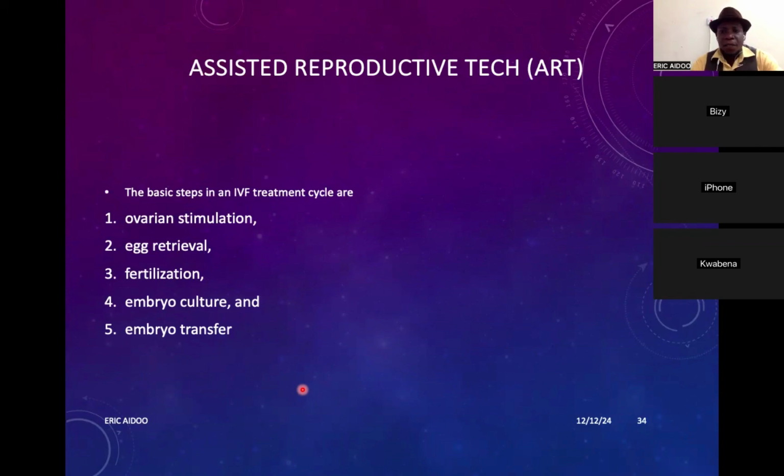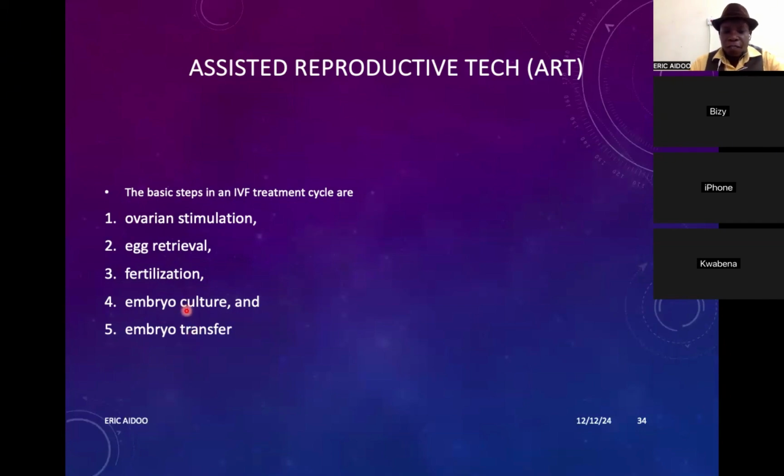Then we look at assisted reproductive technology, also known as ART. The basic steps in the ART, one of the commonest one is the IVF, is that you stimulate the ovaries to produce a lot of oocytes. Then you retrieve the eggs, and then you do fertilization in the lab. Then when the fertilization is successful, you can culture the embryo and then later transfer them, depending on what the patient wants. Okay. You can also cryopreserve the